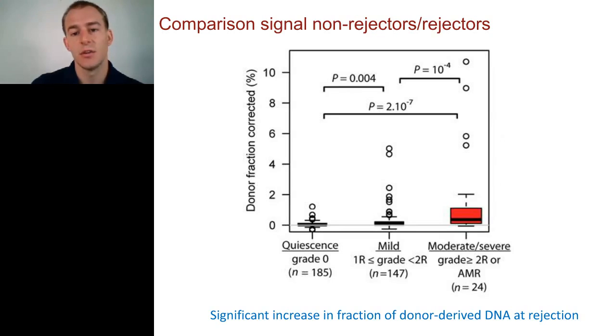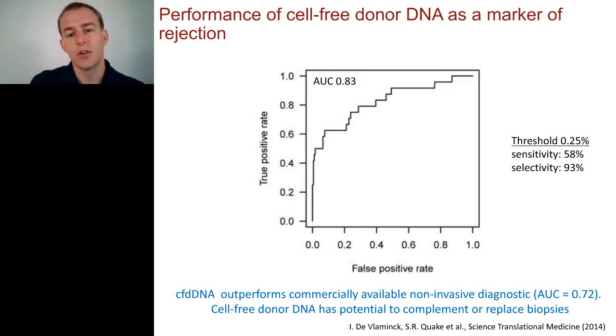highly elevated donor signal. You can do a receiver operating characteristic analysis, so plotting the true positive rate versus the false positive rate as you change the threshold for detection. And what you really care about is essentially the area under the curve here. The greater the area under the curve, the better the test. And what we find is that the area under the curve here is about 0.83, which is much higher than